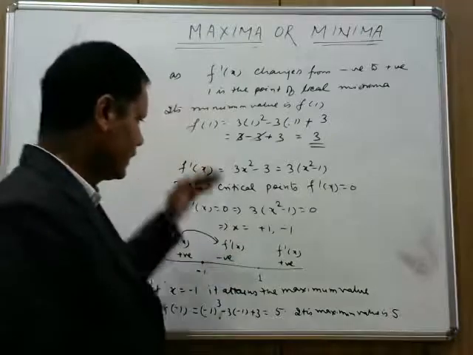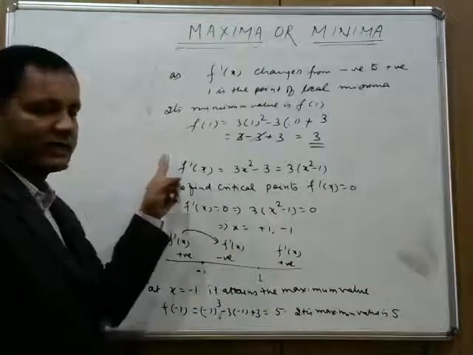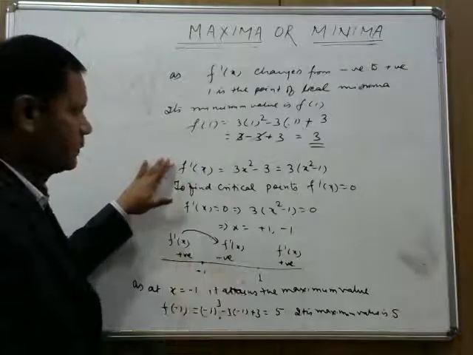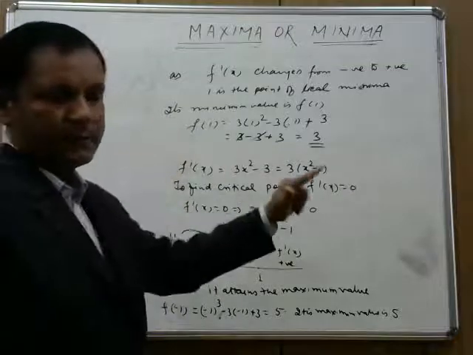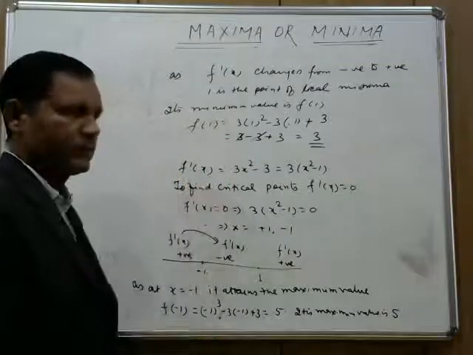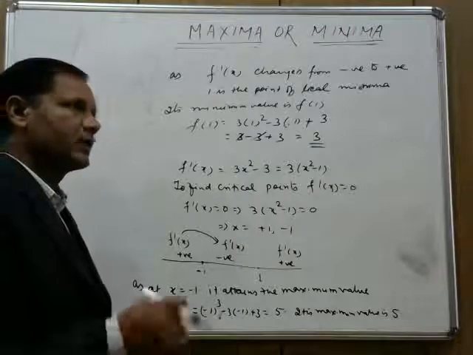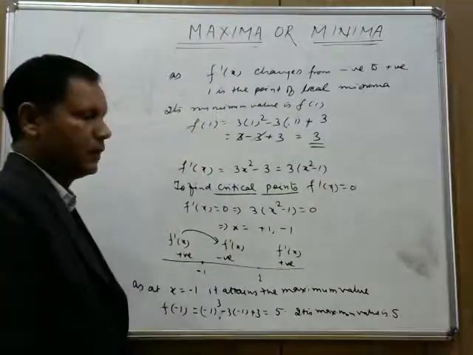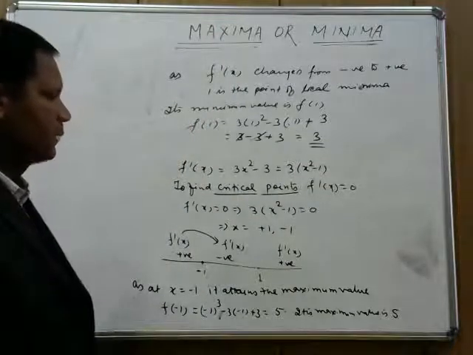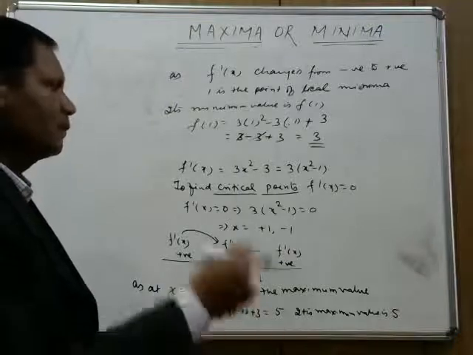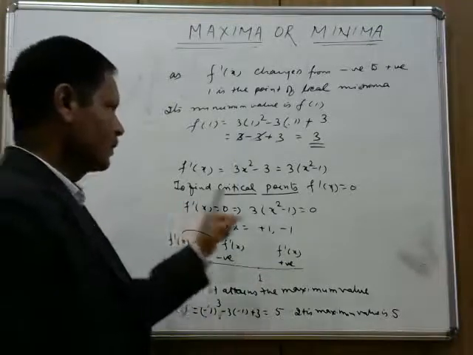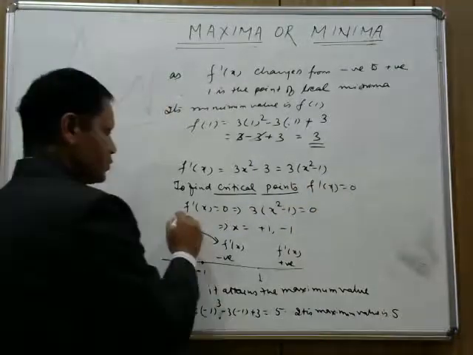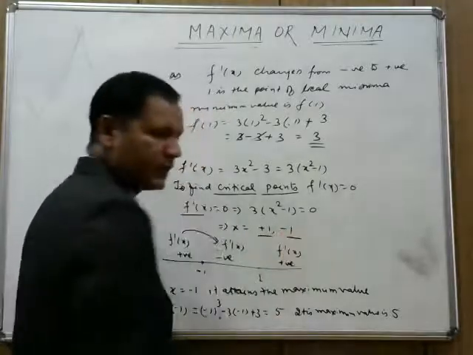One thing, always the maxima and minima occur at the extreme points. That's why for the given function y is equal to f of x, you differentiate it. Now I am talking about all the points one by one. Differentiate and find out the critical points, where it will attain the maxima or minima. To find the critical points, put f dash of x equal to 0. After putting f dash of x equal to 0, we will find the critical points here, C1 and C2 we have got.